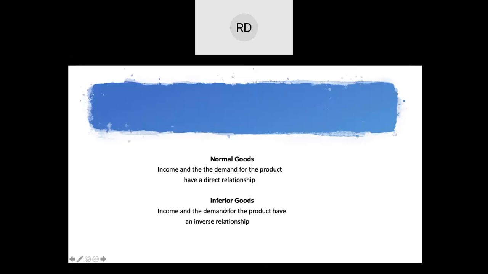We would say that income and the demand of that particular product have an inverse relationship because when we increase our income, the demand for that product decreases, right? An example for that case would be cheap coffee. If I have more money, I'm gonna buy a better quality coffee. If I have less money, well, I'm going to